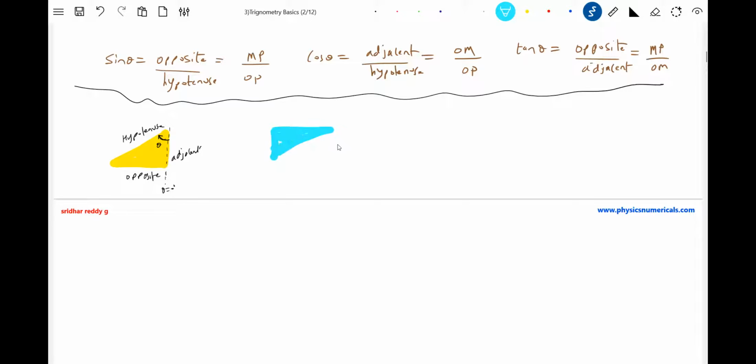Sir, I will now define like this. What do you say to this? Sir, I'll call this theta. Okay, no problem. This is the theta equal to 0 degree line. This is theta, so this will be opposite. Adjacent. Hypotenuse. It's not that adjacent should be vertical; adjacent should follow the orientation. Sometimes you may get some arbitrary position.